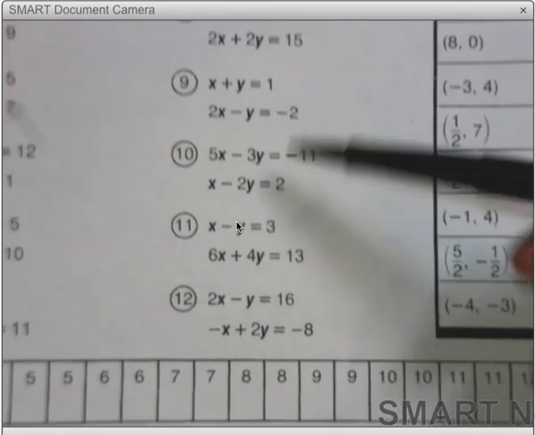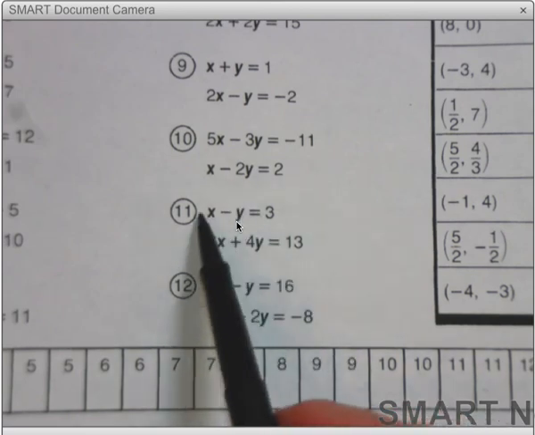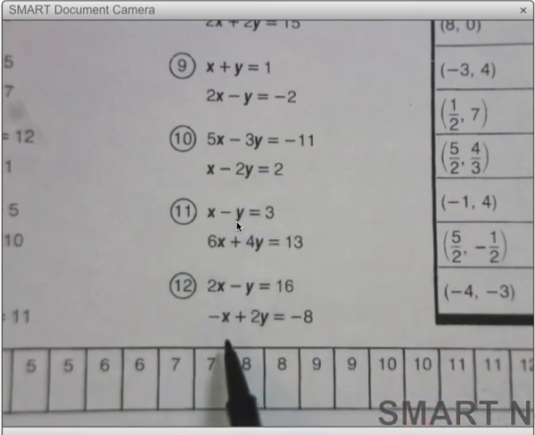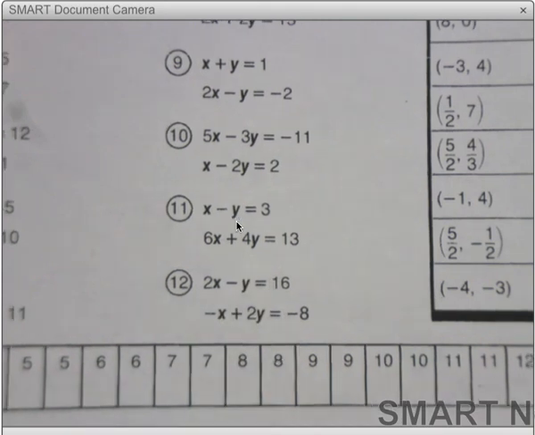Cautioning you on numbers 11 and 12. Now, number 11 would be easy enough to just isolate the x in the first equation. And in number 12, just make sure that when you isolate either x or y, it's your choice, just make sure that it has a positive sign. And the last thing I